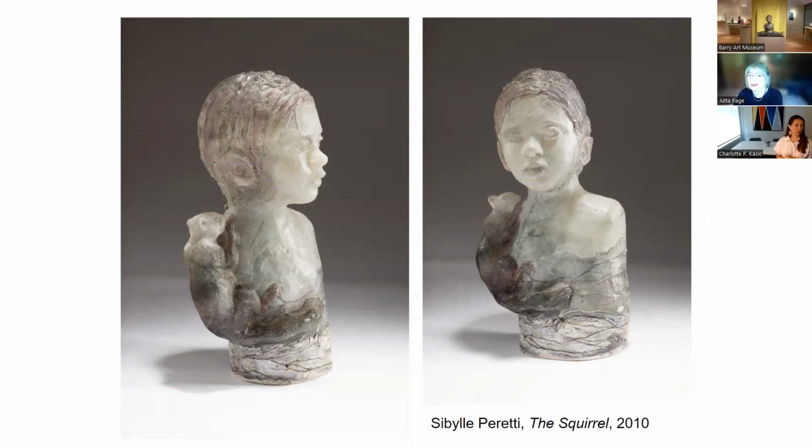cast sculpture, it's not blown. Oh, it's not. Okay. I don't believe it's blown. I truly believe it's cast. This particular sculpture, which has a plaster base that's integral to the form, weighs it down, shows a feral child with a very furtive demeanor, a squirrel, a wild animal, clinging to its shoulder, existing in an environment that seems